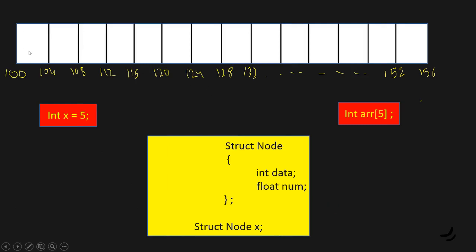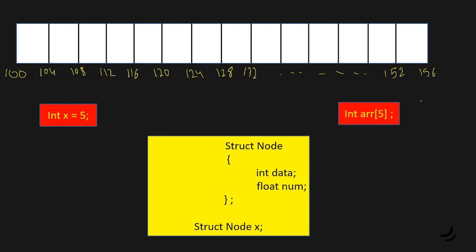In the PPT, you can see we have a random access memory, a part of the RAM, and this memory for our convenience has been divided into several square blocks, and the size of each square block is 4 bytes. Okay, and these are the base addresses of these blocks: 100, 104 up to 156. Now in this part we are going to discuss the memory allocation for different scenarios. First, memory allocation for the variables, second, allocation for the array, and third, memory allocation for the structure. Okay, so first let's talk about the memory allocation for the variables.